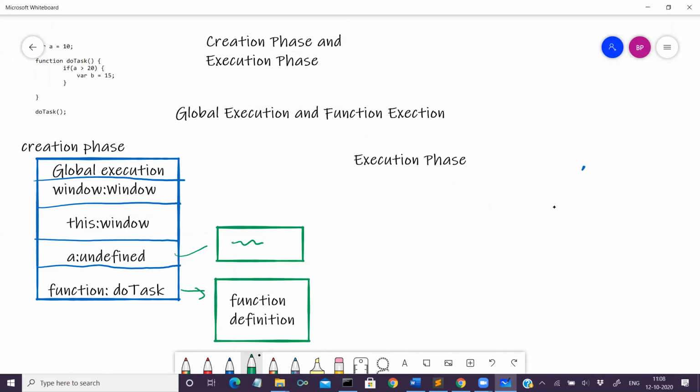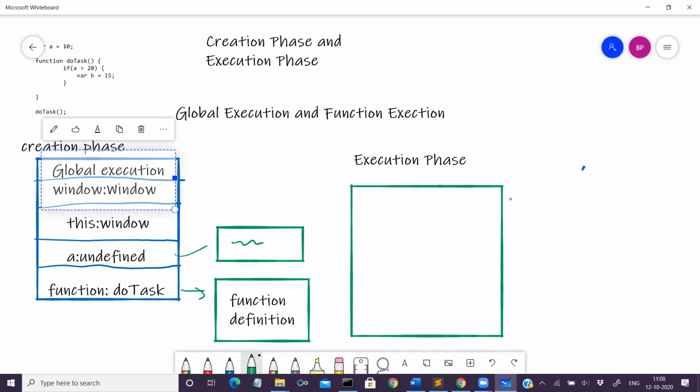Now, what actually happens is, once this is done, and the tokens are created, the engine has to interpret. When it starts interpreting, after the creation phase, first what it does, I'll write once again. So still we have